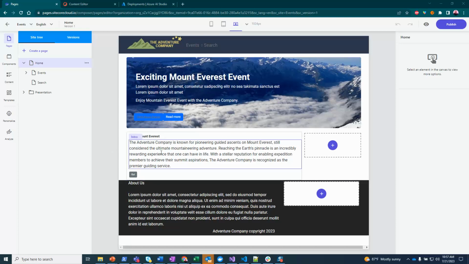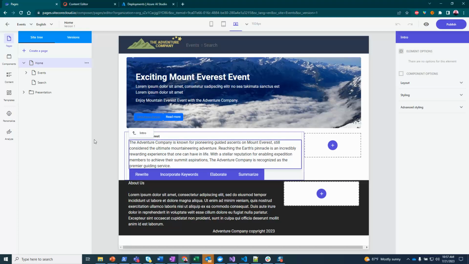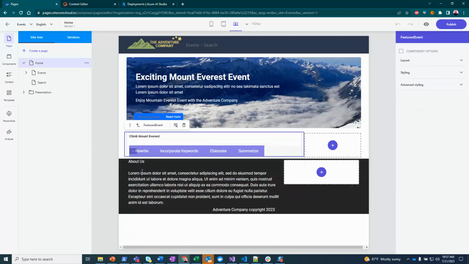The way I've done it is when you click into a text field, I show a little toolbar on the bottom with different text prompts, which are fully configurable. I'll show you how that works in a moment. But just to show you the behavior and the effect, if I click rewrite,